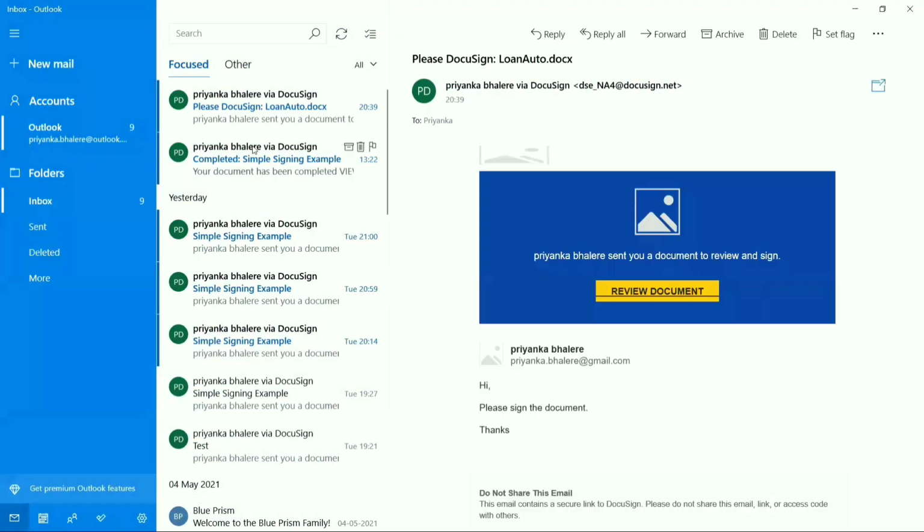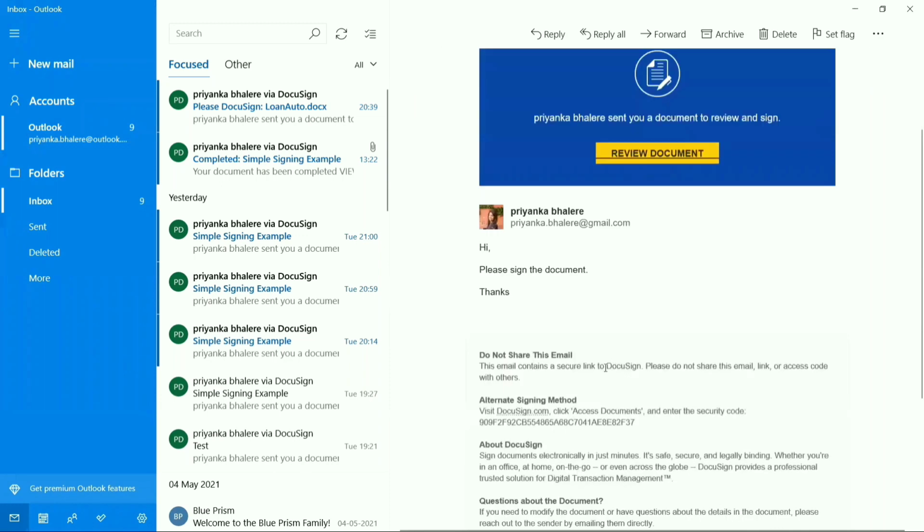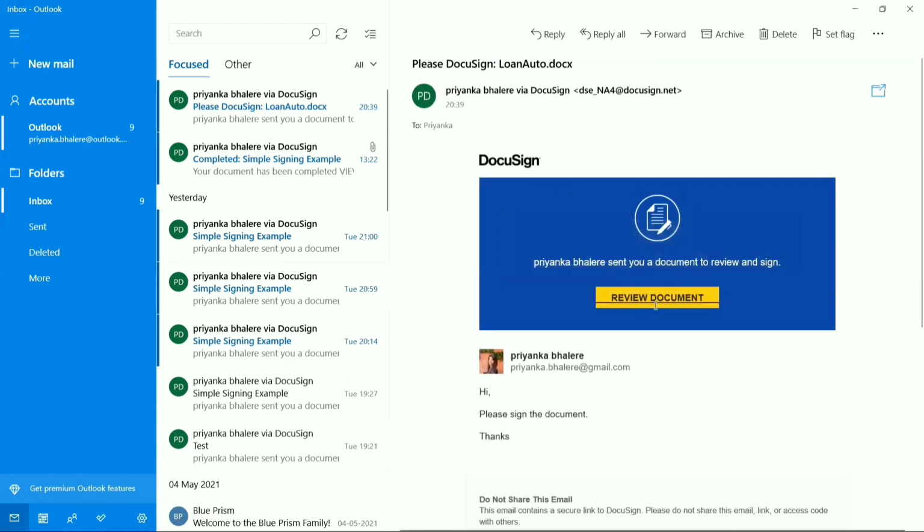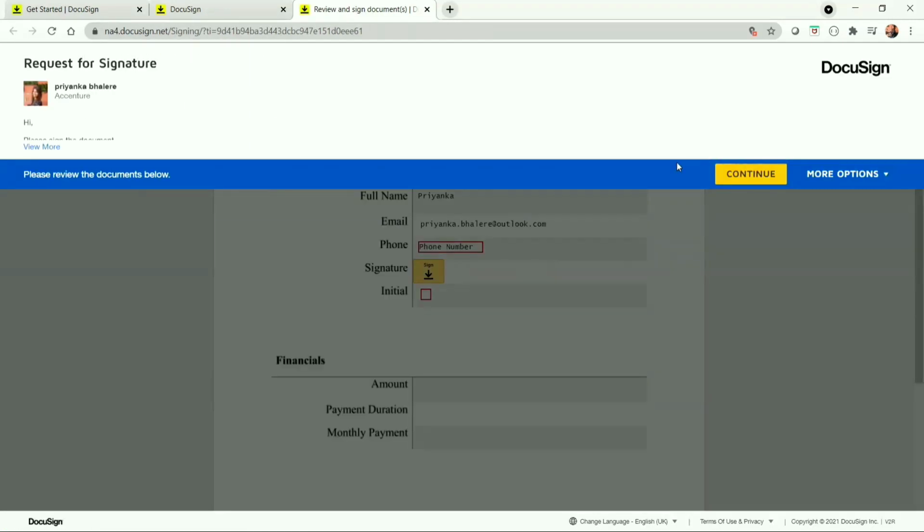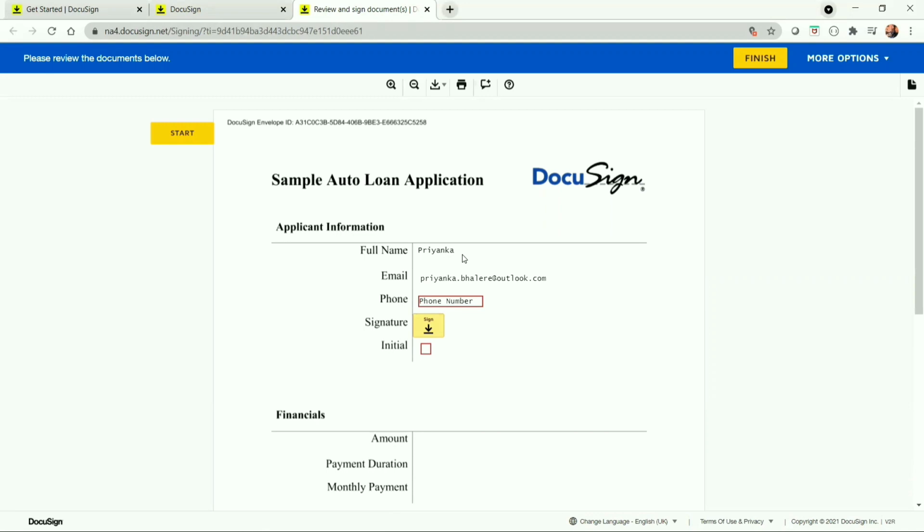As soon as I open the document, I receive the document to sign with the customized subject and body. Then the reviewer of the document can review the document. Click on continue. And you can see that it has automatically fetched a few details and the recipient can enter the required details.